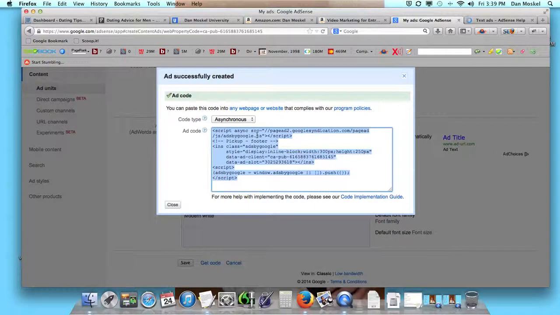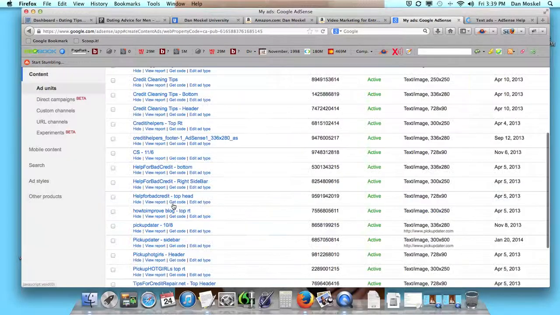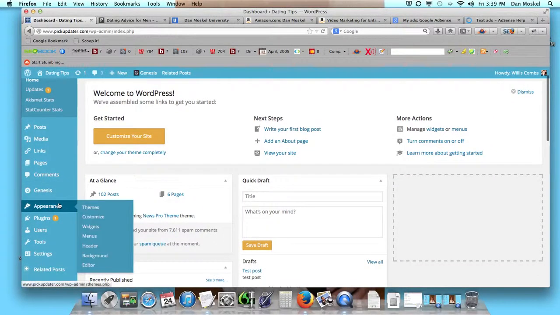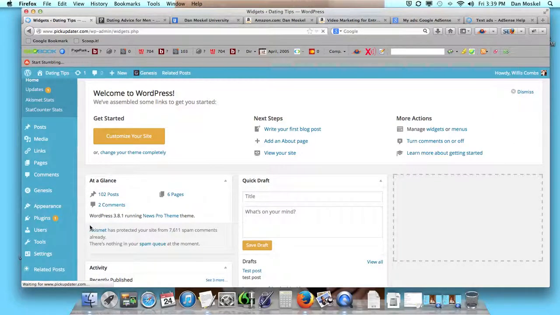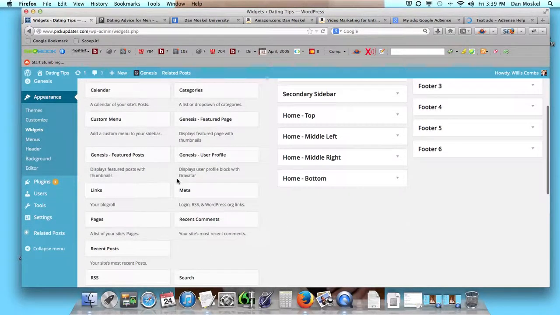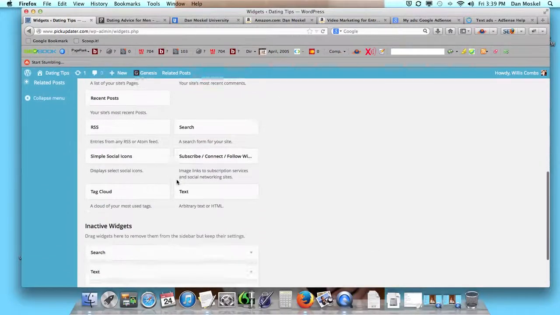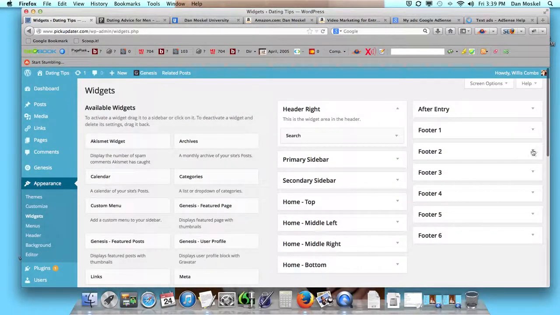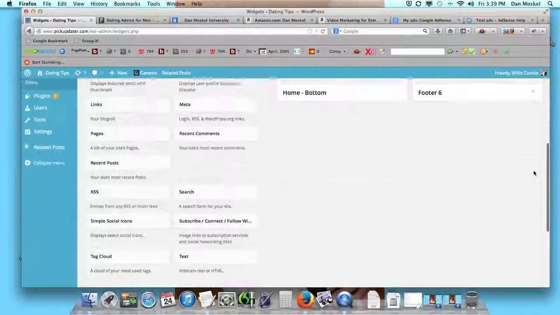We're going to take this code and copy it, and make sure that you close this box out too. Now we're going to go back over to our WordPress website. We have that code copied. We're going to go over to Appearance on the left side. We're going to scroll on down to Widgets, and we're going to add a blank HTML text. I think it's just a text, arbitrary text or HTML, and we're going to add that in the footer 3